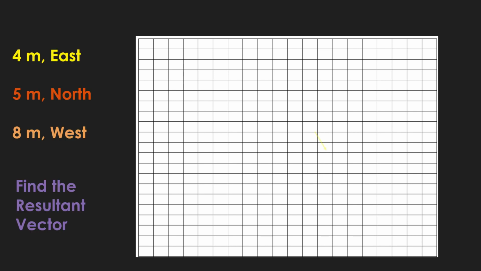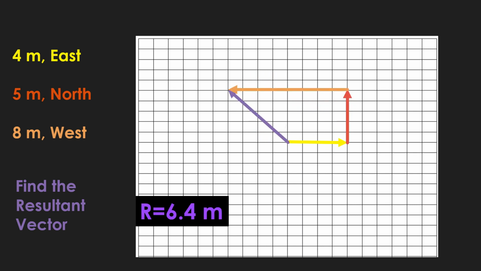Now for our last example, we're gonna add 3 vectors, 4 meters east, 5 meters north, and 8 meters west, and find the resultant vector. Before we start plotting our vectors, remember to represent each grid by 1 meter. After drawing our resultant vector, we find its magnitude to be 6.4 meters, and for the direction, let's draw our